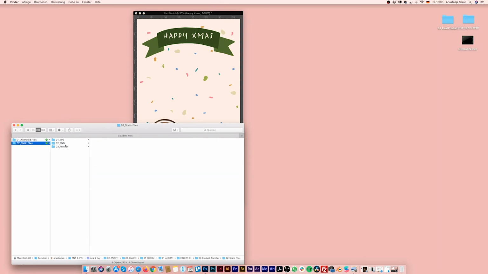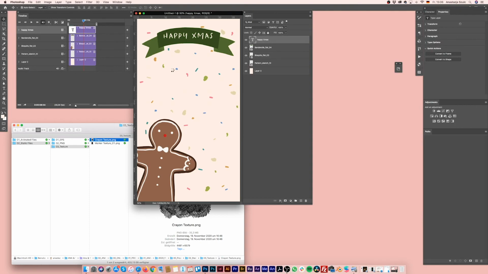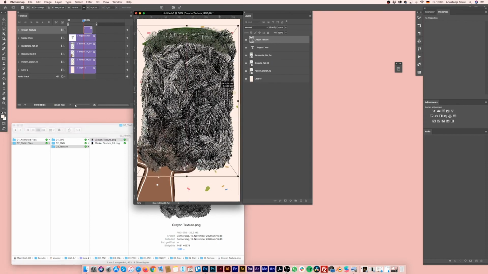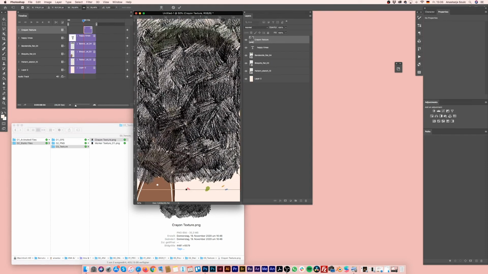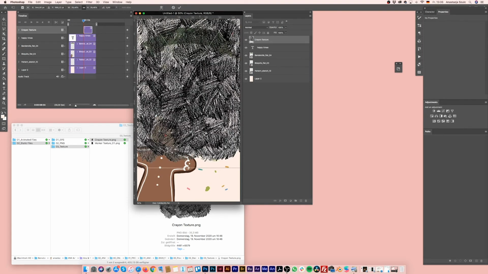So one thing I want to show you is how to use the texture. Simply drag and drop it into your file, and this is the same with the animated as well as the static one. Simply press Command on your keyboard and click on the crayon texture.